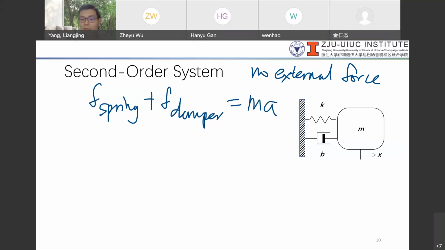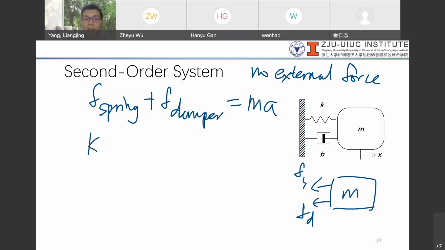And if you decide to draw a free body diagram, it really says that you will have two forces acting on it. One is your Fs and Fd. All right, and so of course this will be kx, plus b, which is proportional to the speed, or the velocity at which the body is moving. All right, and acceleration is nothing but